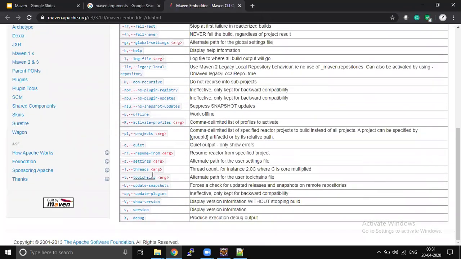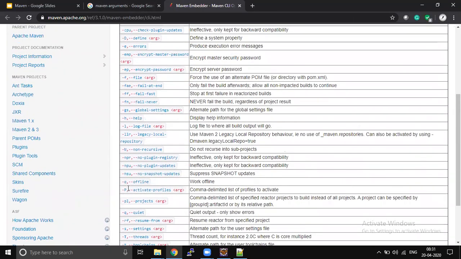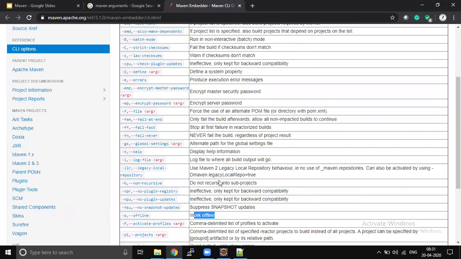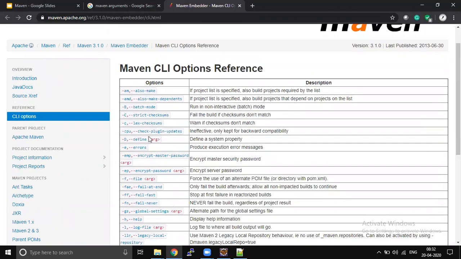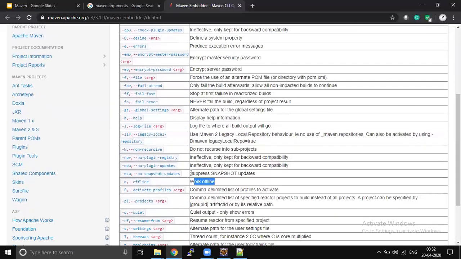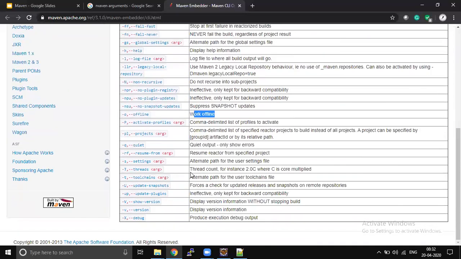To debug, the most commonly used is -X, right? -o, work offline. You don't want to download the latest jar files, right? So then we do this. There are so many options available, so depending upon your requirement, you have to use the corresponding option.